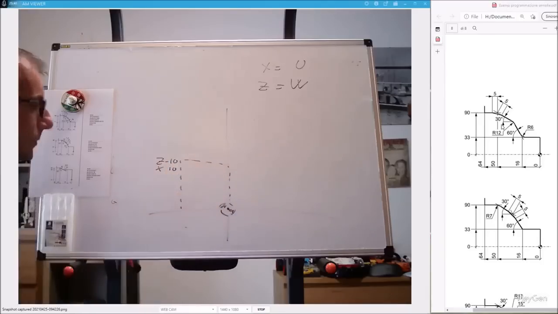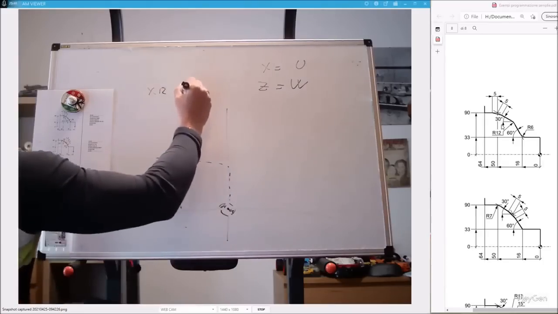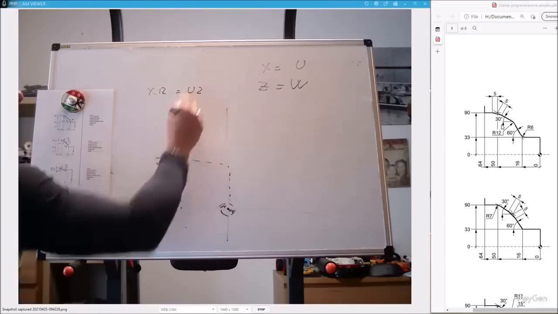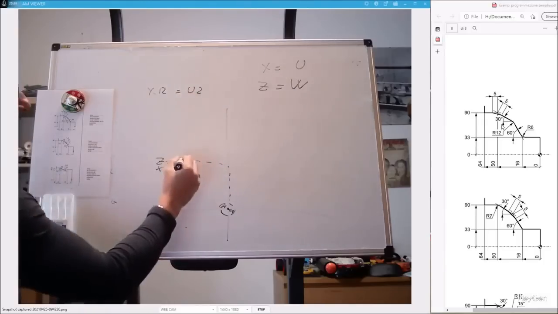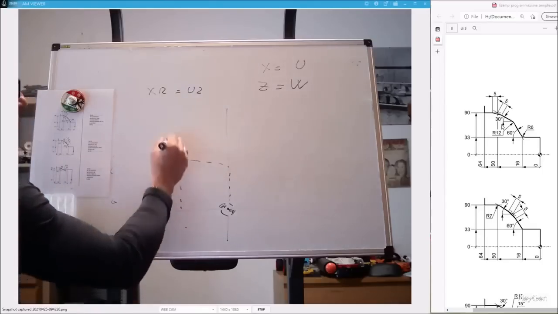It will be here. If I now want to go to X12, I have two ways to do it. Right, X12 or U2. U2 is an incremental, meaning that relative to the point where I am, the machine moves by only 2 millimeters. Likewise, if I want to go to Z15, I can write Z15